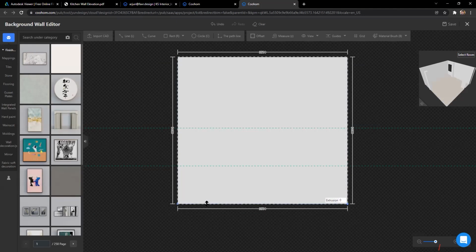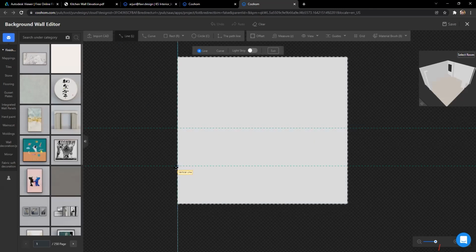The basic bottom cabinets will come up till this height, and after that we have the dado tiles, and then the overhead cabinets will come here. So this area in between is where we should apply the dado tile. For that, we just have to draw a line,